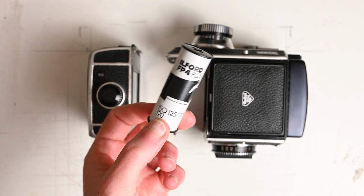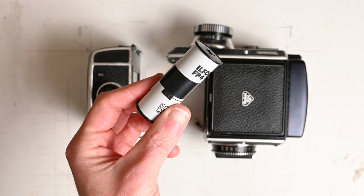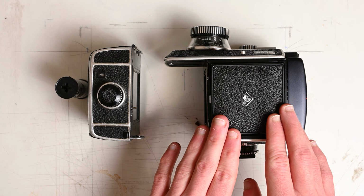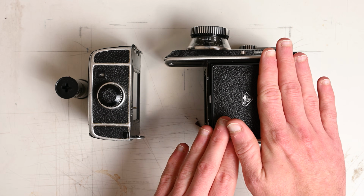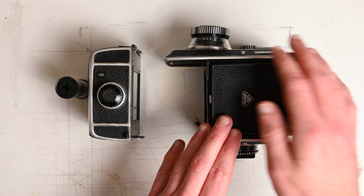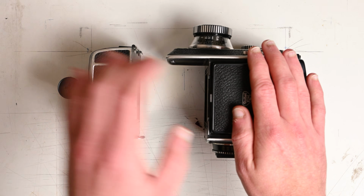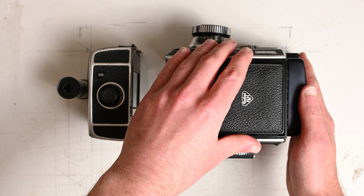So I've got this roll of expired FP4 that I've half shot in another camera that I just rewound in a dark bag, and I'm going to continue with this until I'm happy, leave it to fully dry overnight for maybe 10 hours, 12 hours, it's like 9 p.m. now. Load this roll of film into this magazine, attach it, take the dark slide out, pop the lens on,